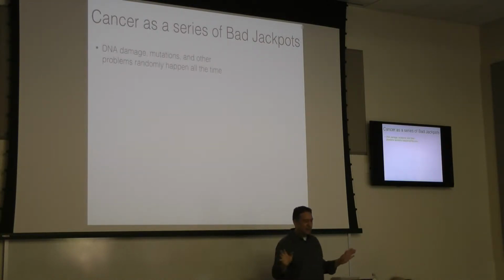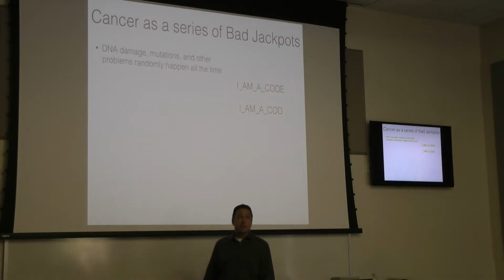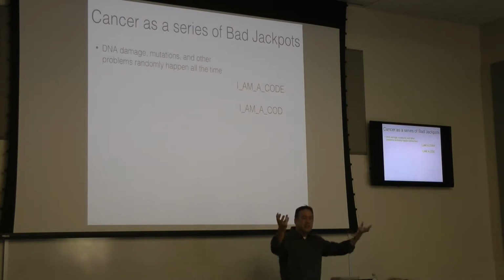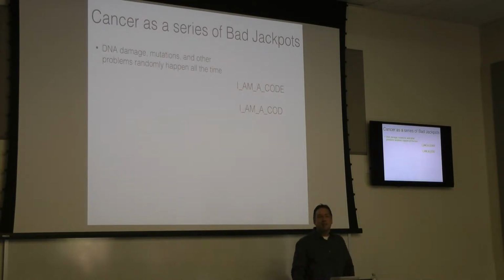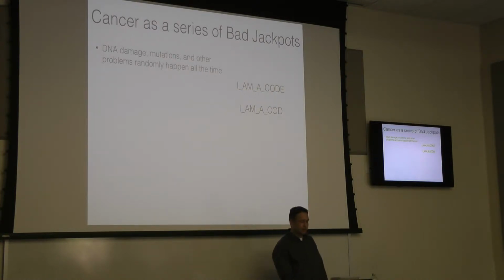DNA damage and mutations are happening all the time. So you get things like, this is an ASCII code instead of the 4-letter DNA code. You get a deletion: "I am a code" becomes "I am a cod." That happens, and many other kinds of damage happen all the time. This is a soupy medium that's not physically stable, so problems happen, and we've evolved all these mechanisms to fix the damage as it occurs. And it's not just in the DNA. Scott was pointing this out the other day. There are many other places that problems can happen in the process, in translation to the protein, for example.